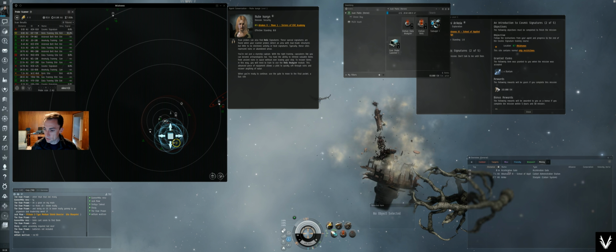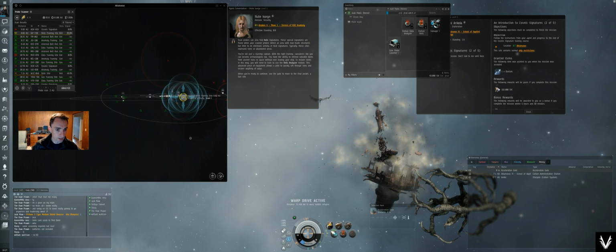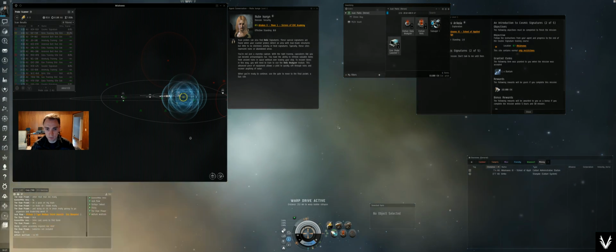When you're ready, continue to the gate and go on to the next gas site, and that's fine. There we go. Alright. We're very close here. Very close. I probably could have shrunk that little scan area down, but...